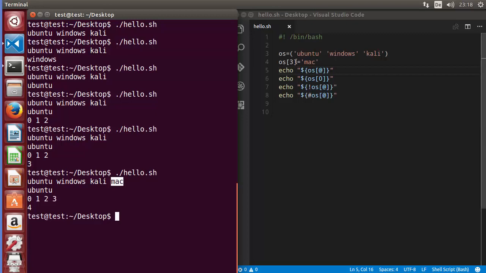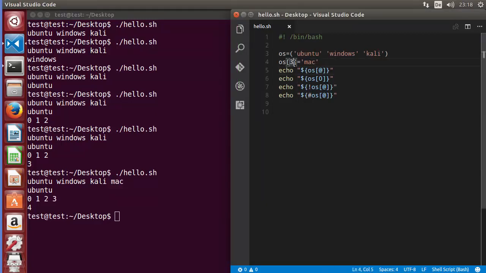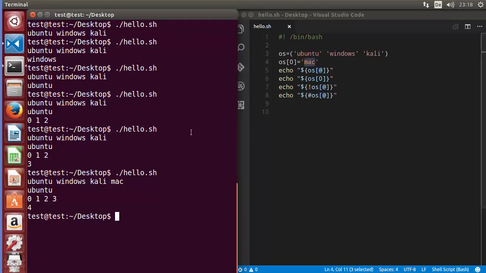So in this way you can add the element. Now if you want to update this, so for example I write here at the 0th index, then this Mac will be assigned at the 0th index, which is going to replace this Ubuntu by Mac, right? So let's run the script, and you can see now it has at the 0th index Mac, then Windows, then